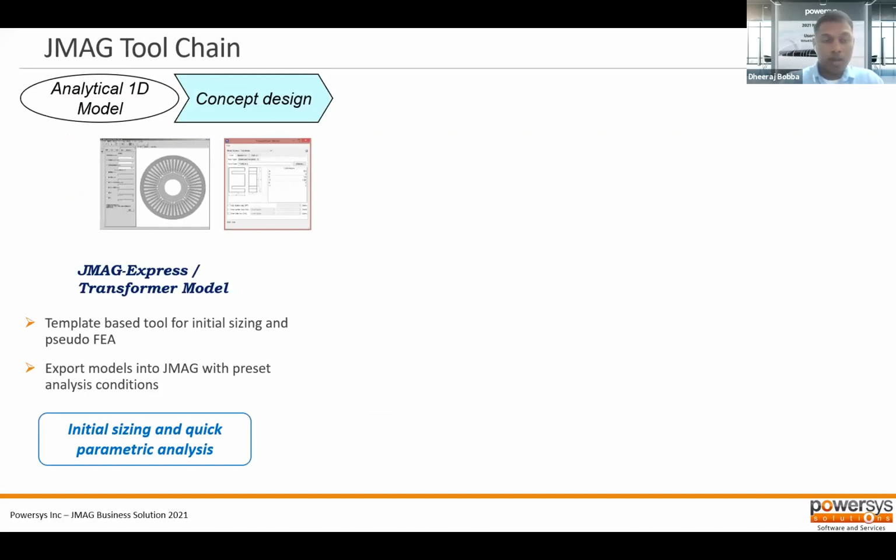Ideally, when you're designing a machine, you would start with some analytical 1D models or calculations that will give you a rough size of the machine. In JMAG, you can do the concept level design using JMAG Express. Of course, that's entirely focused on machines. And then there's a transformer template tool that can also be used to generate simple transformer templates. This is more in the realm of initial sizing and quick parametric analysis. And you can also connect